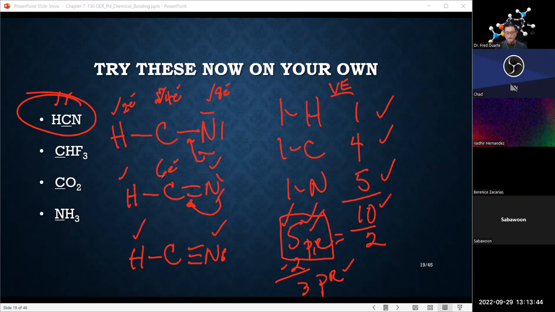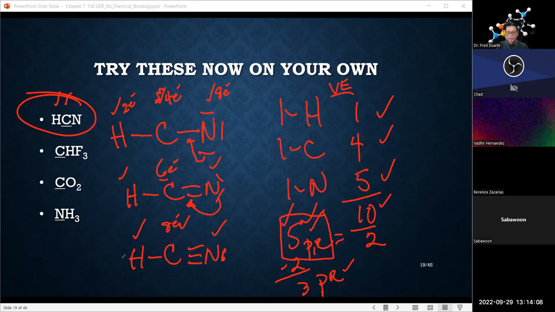Carbon, where it had 6, now has 8, okay? It has 1 pair that is shared with the hydrogen, and then 3 pair that are being shared with the nitrogen. So the octet has been fulfilled for carbon. So everybody now is in a stable state with respect to valence electrons. And that is our